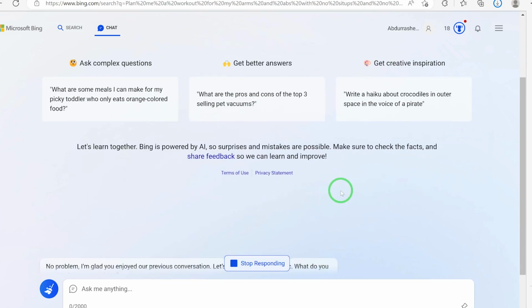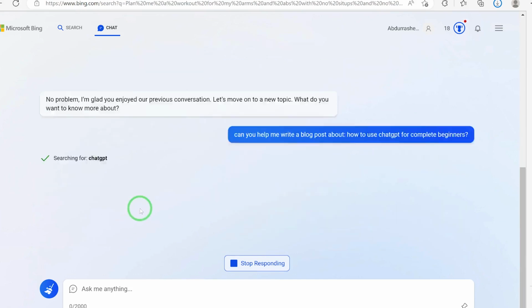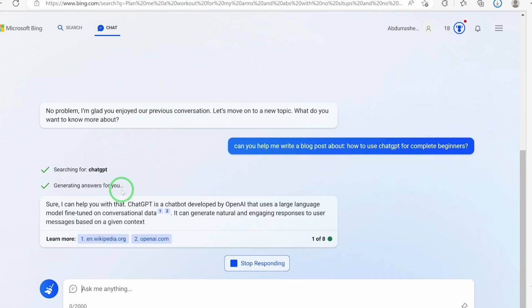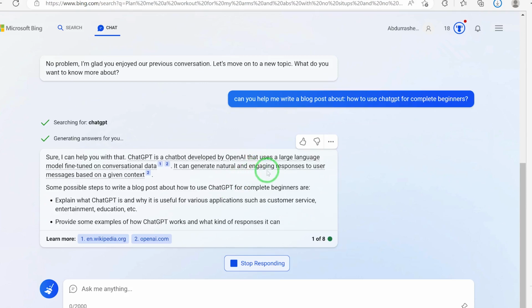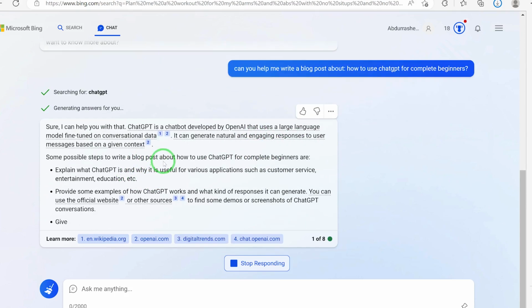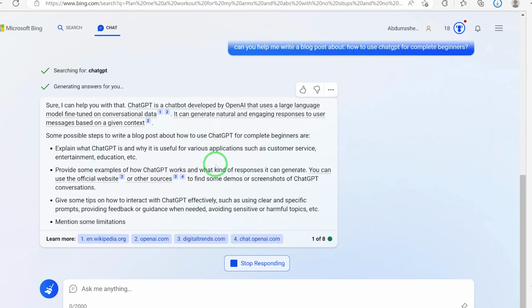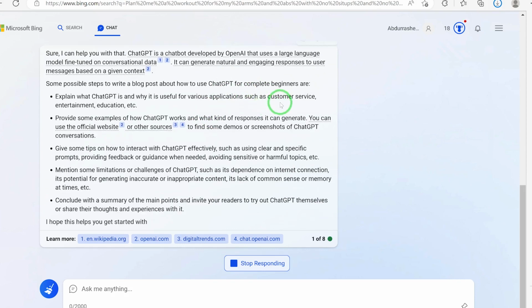This is a fresh conversation. "No problem. I'm glad you enjoyed our previous conversation. Let's move on to a new topic. What do you want to know more about?" So okay, ChatGPT. "Sure, I can help you with that. ChatGPT is a chatbot developed by OpenAI that uses a large language model fine-tuned on conversational data." So you can see it is now giving you more content. Okay, some possible steps to write a blog post about how to use ChatGPT for complete beginners are: